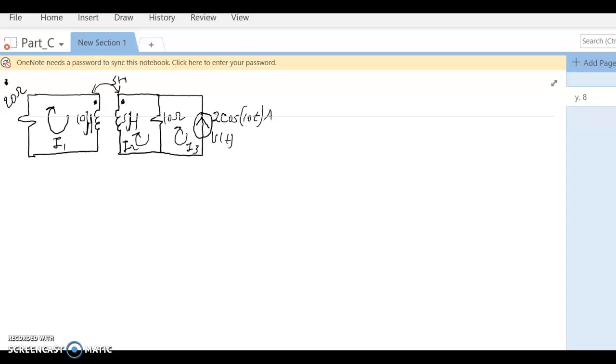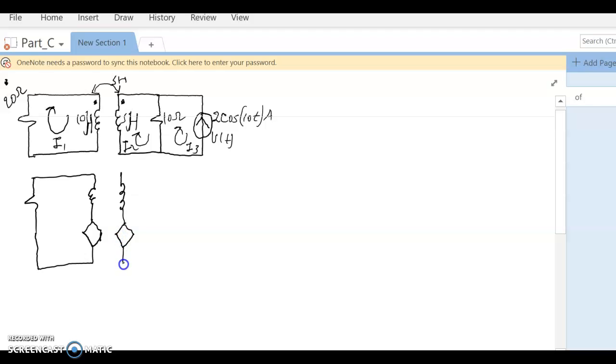And the first thing that we have to do here is redraw the circuit. And it looks like this. And we have here an induced voltage, and that's because of the mutual inductance. And our second inductor, and another induced voltage. The resistor stays the same, and the current source stays